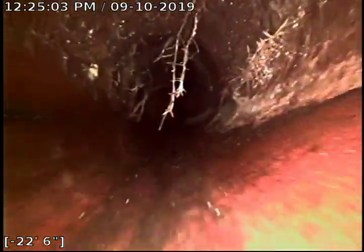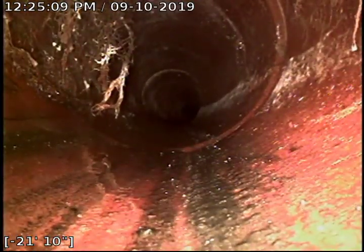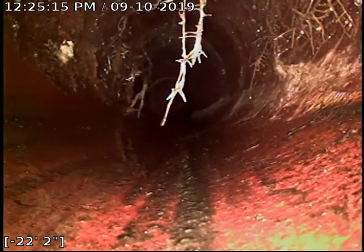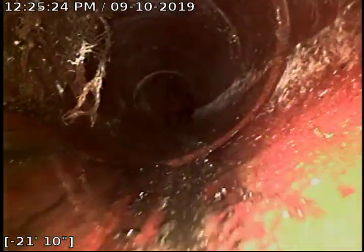This is probably the worst spot right here, but you're just seeing a bunch of leach roots. These are what just normally leach into the sewer line originally, and it's just kind of fanning out. You see it fanning and just kind of growing with the pipe. And over time, as that gets healthier,